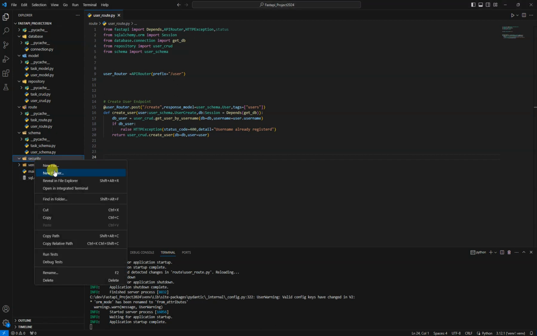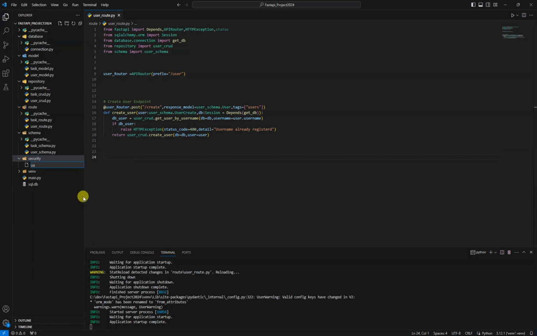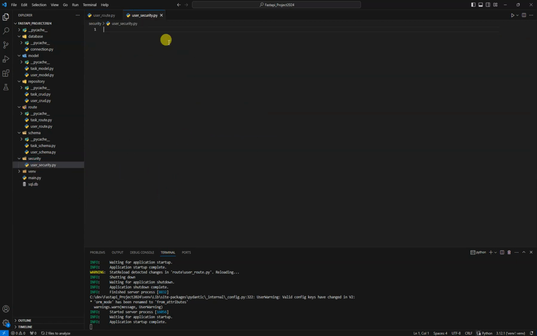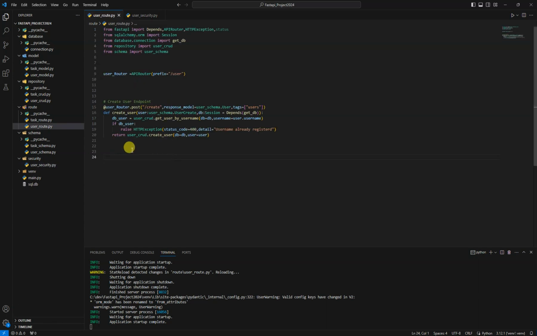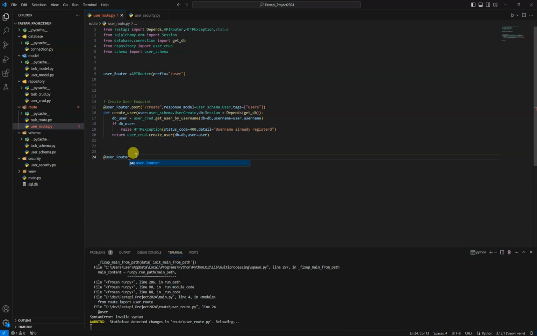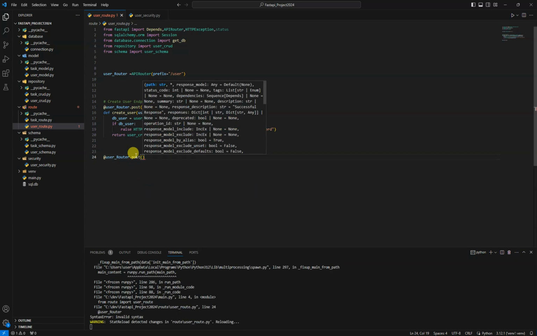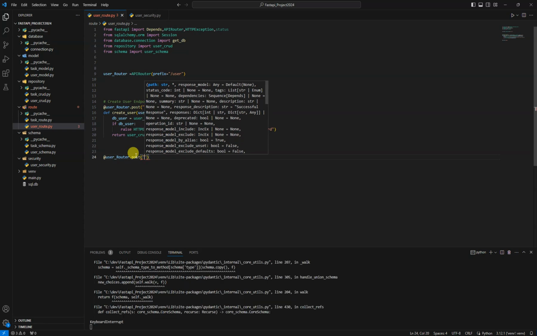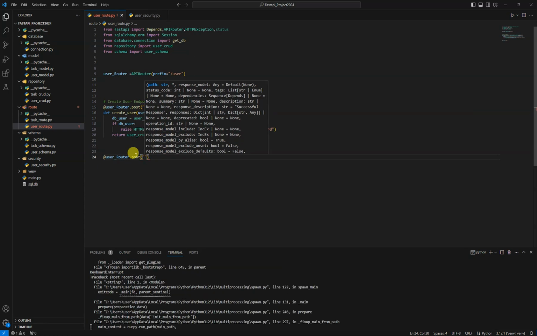And for our user, I create, for example, user security file. Looks good. And now let's come back here again. User router, that post. What you need to know